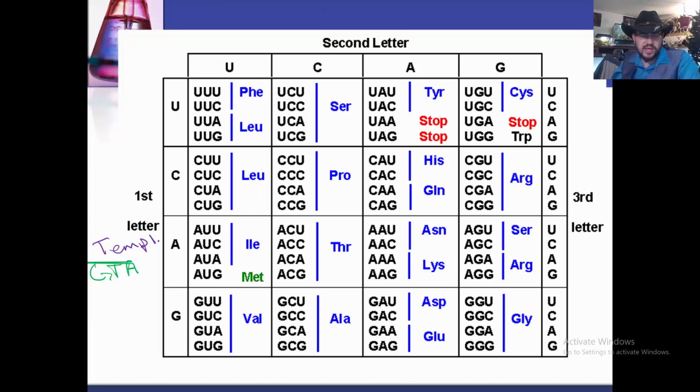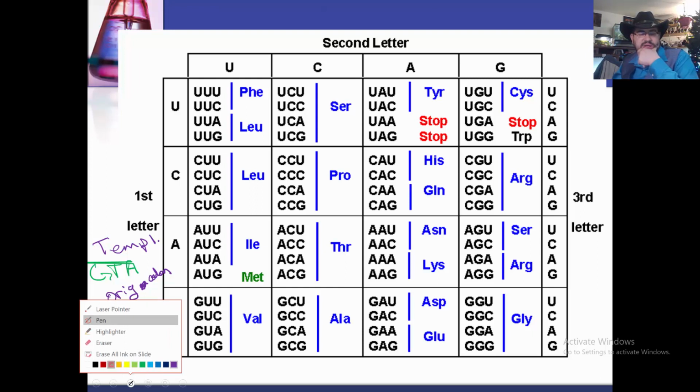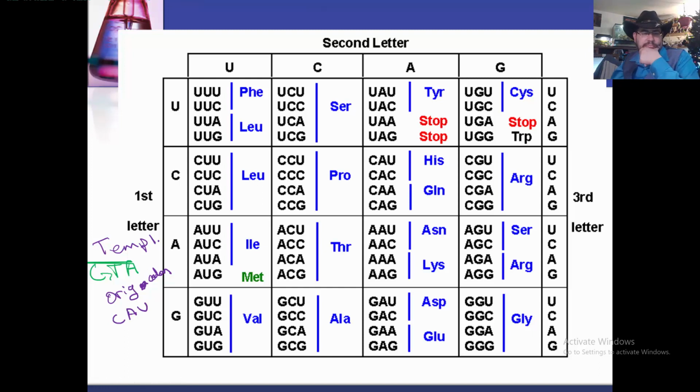There's our original template DNA. Here's our original codon, which is always referenced. If I say the word codon, I'm talking about mRNA. CAU. That gets us histidine. And say instead of a point mutation that doesn't change it away from histidine, we get a point mutation and suddenly it becomes G, our template mutates, and we get GTT, producing an mRNA that is CAA, and CAA is right here,